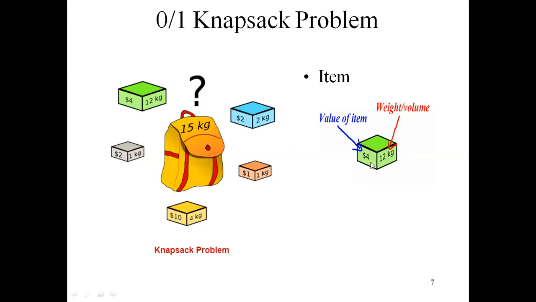Suppose a salesman wants to sell some items. He is placing those items in the bag. Whichever items give more profit if he sells them, those items he will sell. So in the 0 1 knapsack problem, we have items, each item has a weight and value, and we are placing these items in the bag. Which items should be placed in the bag so that the capacity of the bag does not exceed? Those items' weight should not exceed the weight carrying capacity of the bag.